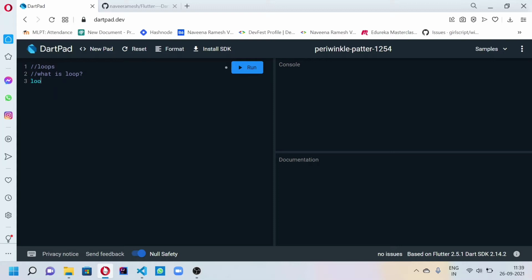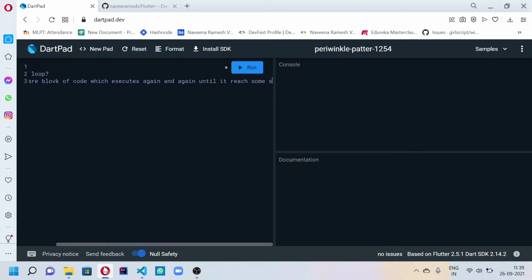They are nothing but something which executes again and again until it reaches some specific condition.